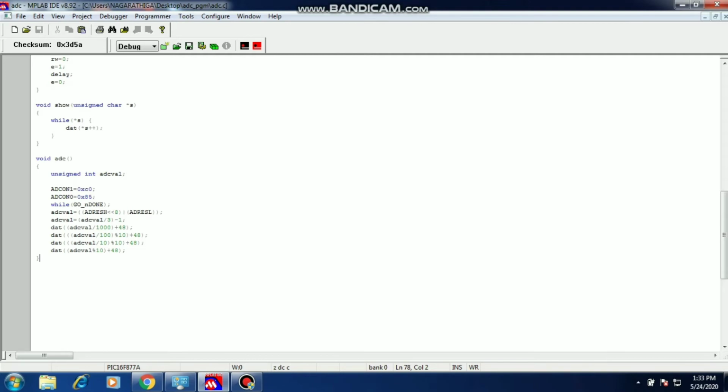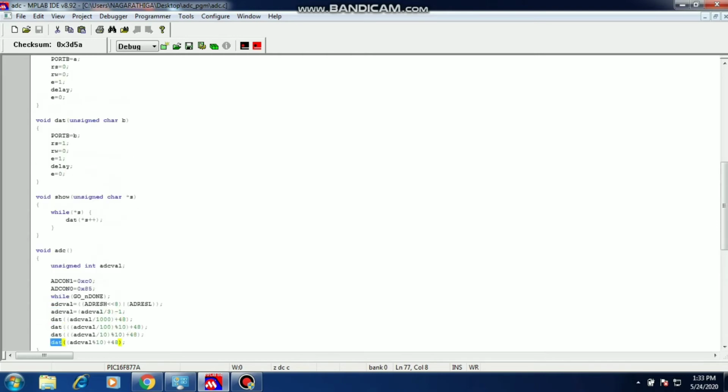LCD data pins are connected to port B. The values are sent to the data pins and it will be displayed as 1023.